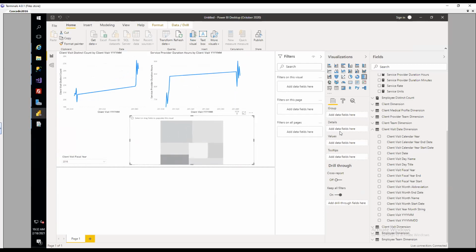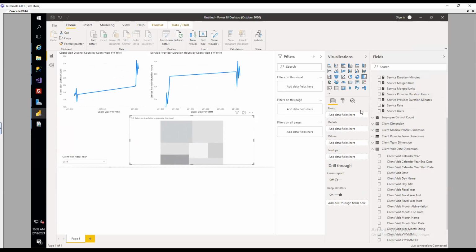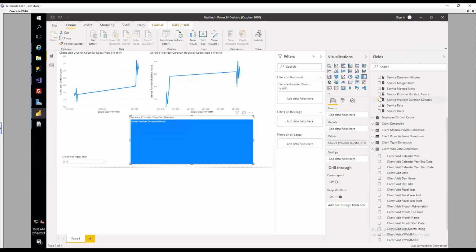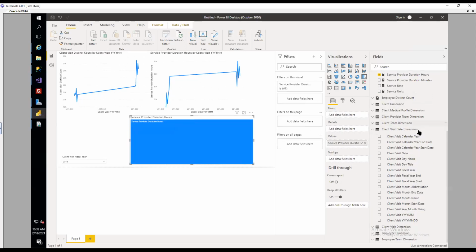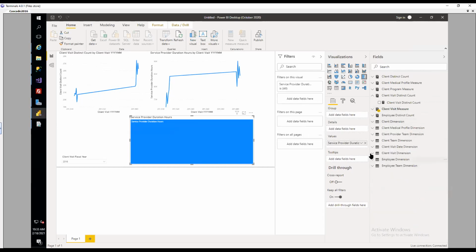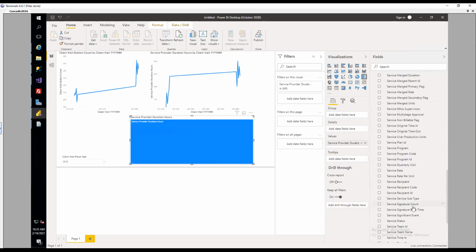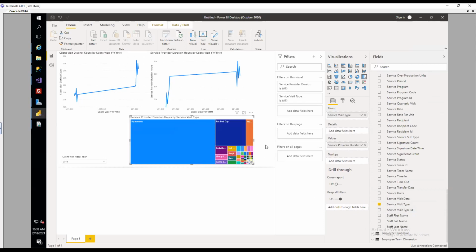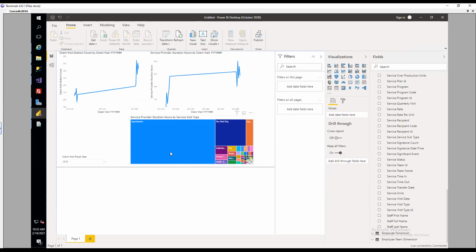And now what I want is I want to say, okay, I want to see provider hours. Actually, let's do hours by the service item or the visit value. And we're going to go down here and we're going to change this to our client visit dimension. And we're going to look at the service value, it's called in this cube. Let me use visit type. Let's do that. Okay, so now you can kind of see in a tree view how all of our appointments or all of our provider time